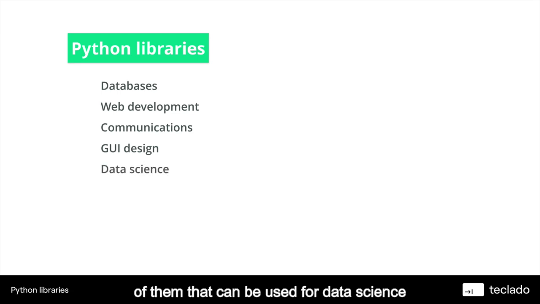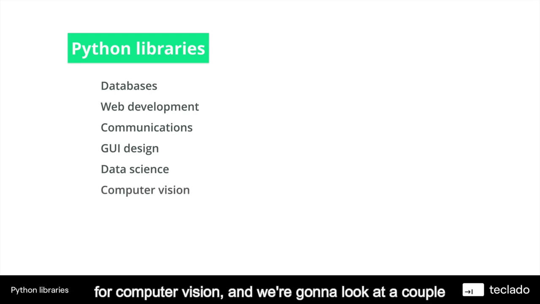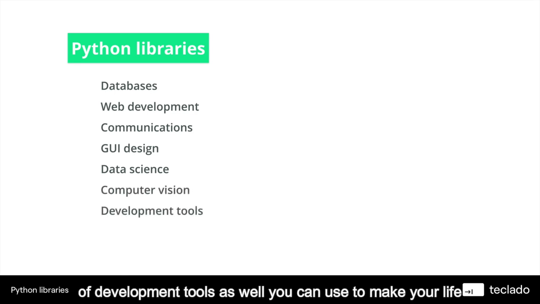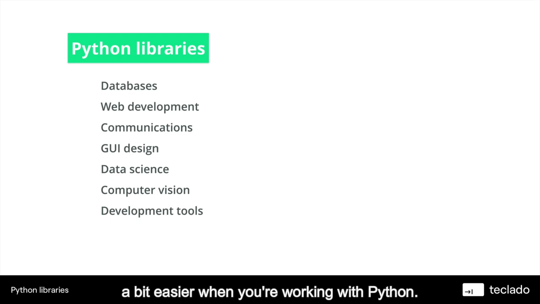texts, a couple for GUI, designed for graphical user interfaces like desktop apps, a bunch of them that can be used for data science and that are very popular, and then some for computer vision, and we're going to look at a couple of development tools as well you can use to make your life a bit easier when you're